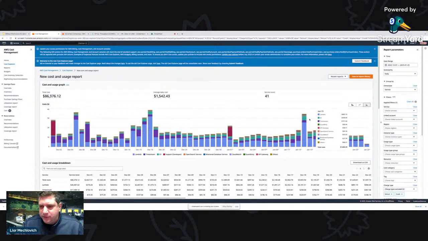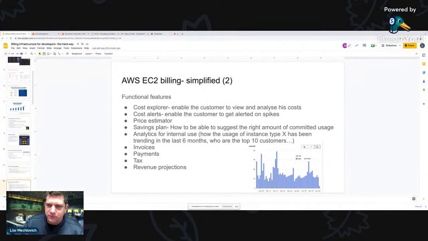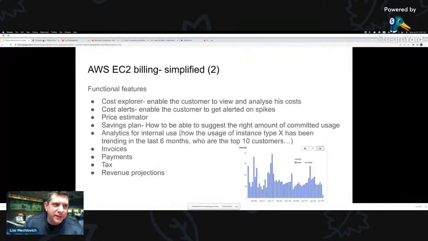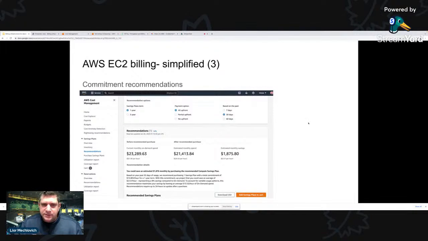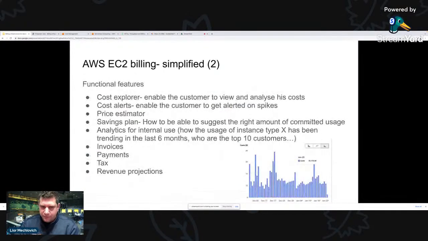If I don't give you this part of Cost Explorer, the Usage Explorer, to allow you to know what caused the billing incurred, you lose trust, right? So you must have this trust with the vendor. As a company, if you're doing database as a service or whatever, you really need to give your customers these abilities. So with Cost Explorer, we really need to enable the customer to view and analyze the costs.